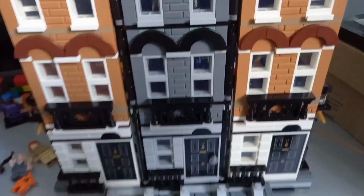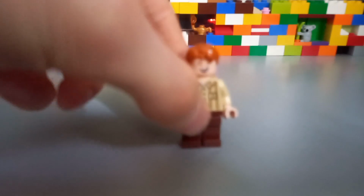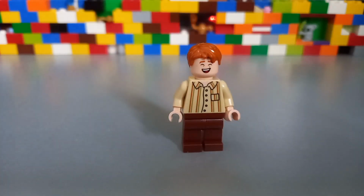Now we're going to move on to look at the minifigures. Alright, this should be the easiest part of my filming today, hopefully. Right, let's see how it goes. Have we already lost focus? Whatever, right. First we have Fred or George, who comes with the extendable ear,